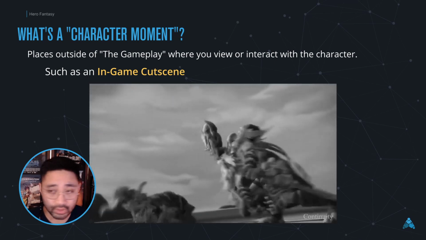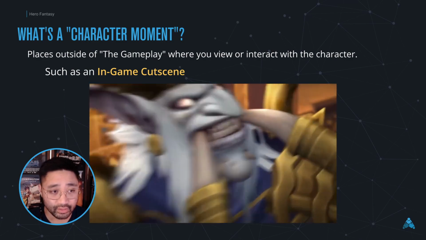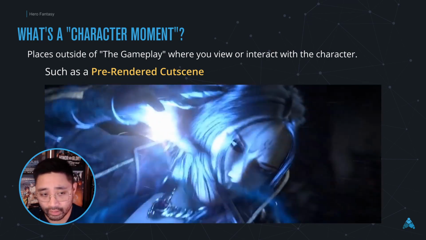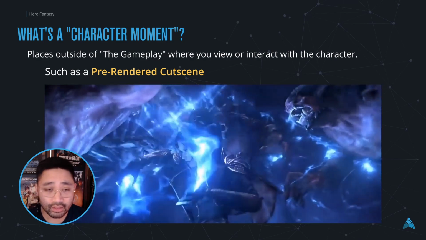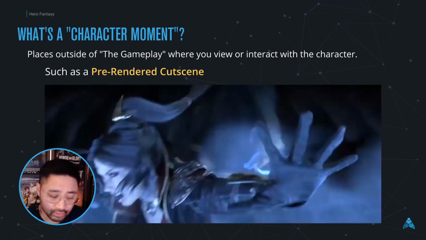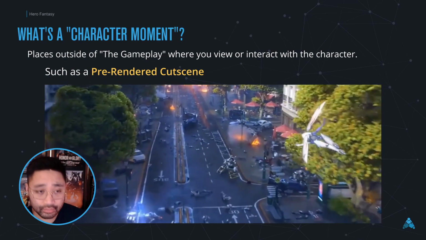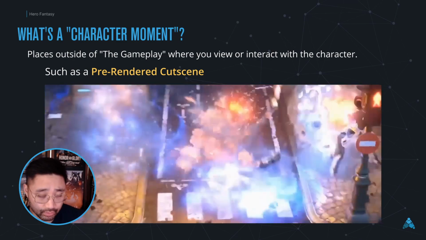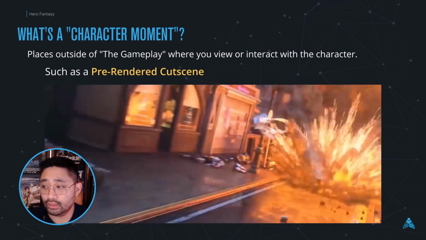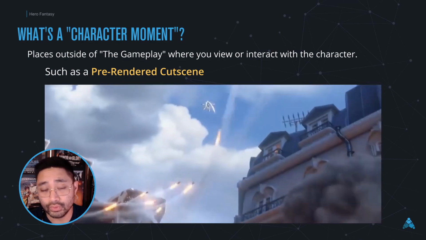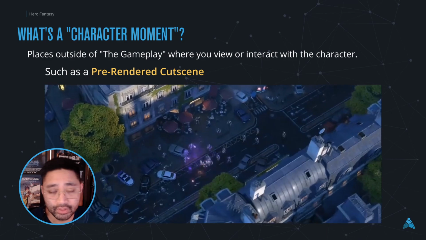So there's a big difference between an in-game cinematic and this final example, a pre-rendered cinematic, meaning it doesn't use anything from the engine at all. It's pre-rendered a lot like a modern game announcement trailer, and it's a lot closer to the workflow and pipeline of a film or VFX or an episodic, something like that.